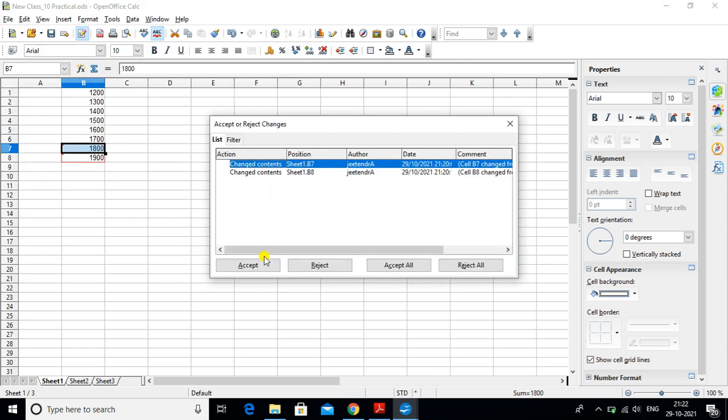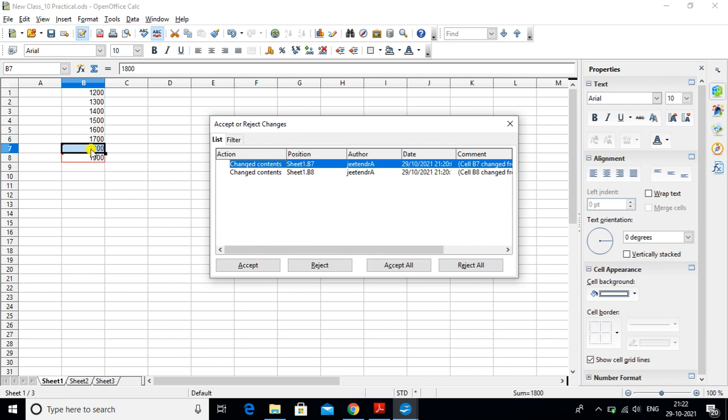As soon as you click on open, you can see that certain changes that were made are displayed here. In new class 10 practical only values 1200 to 1700 are there, but in new class 10 practical 2 we have added two values, 1800 and 1900, and they are showing here also.